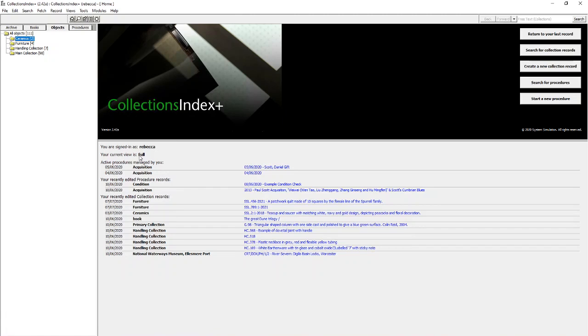So it may be that you don't want to have to scroll past that section and those fields or engage with those fields if you're working on, for example, costume or fine art. And in that way you could create views for your different types of collections. So you could create a costume and textile view or an archaeology view and use those for your different types of records. And the third way that views can be really helpful is in the different types of tasks that